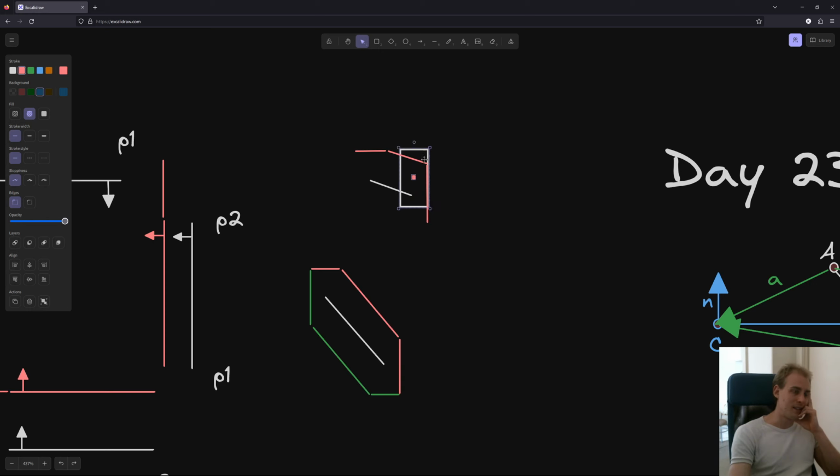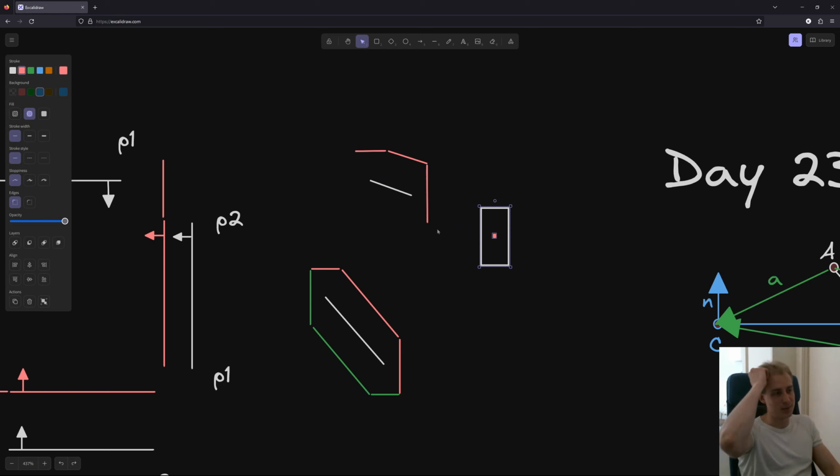But then the vertical and the horizontal walls, especially this vertical wall, assume that we're doing side-on collisions. Because for a fully aligned wall,